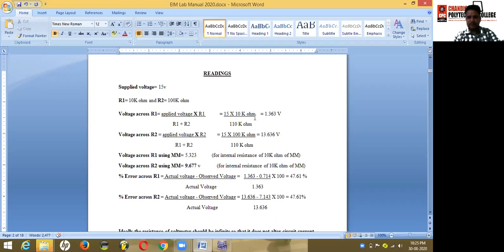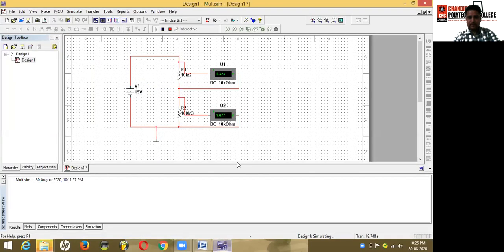You can see here the huge difference between both theoretical and practical readings of the voltmeter.